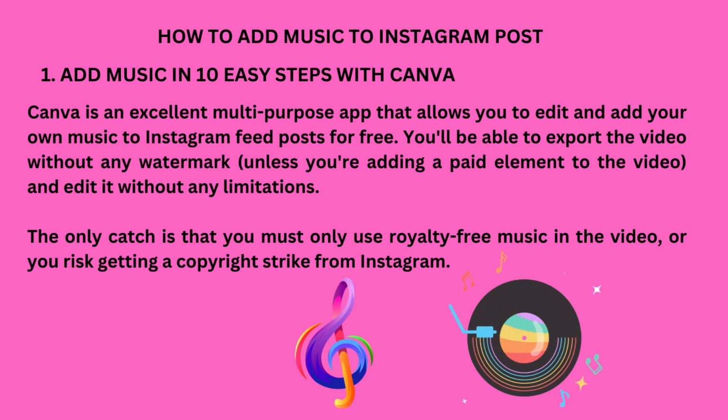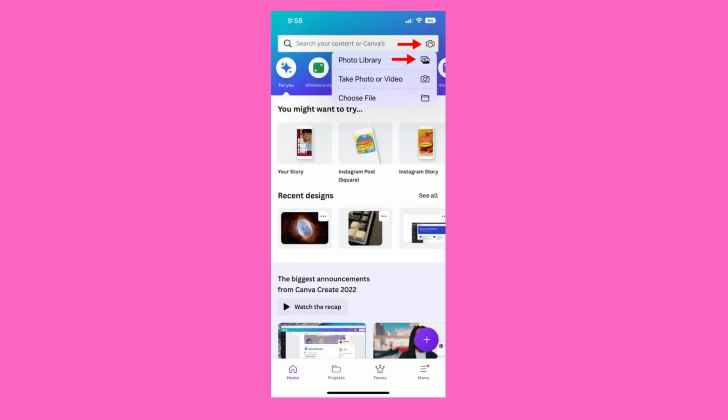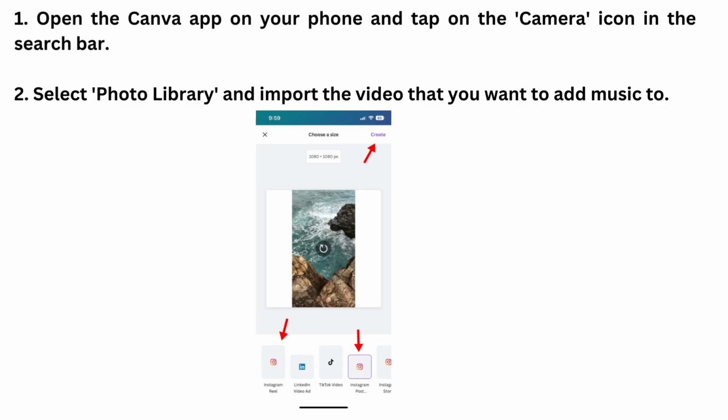Canva is an excellent multi-purpose app that allows you to edit and add your own music to Instagram feed posts for free. You'll be able to export the video without any watermark, unless you're adding a paid element to the video, and edit it without any limitations. The only catch is that you must only use royalty-free music in the video, or you risk getting a copyright strike from Instagram. 1. Open the Canva app on your phone and tap on the camera icon in the search